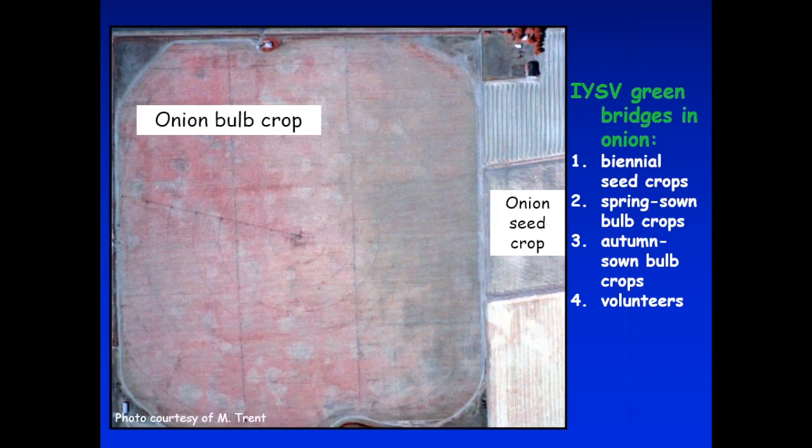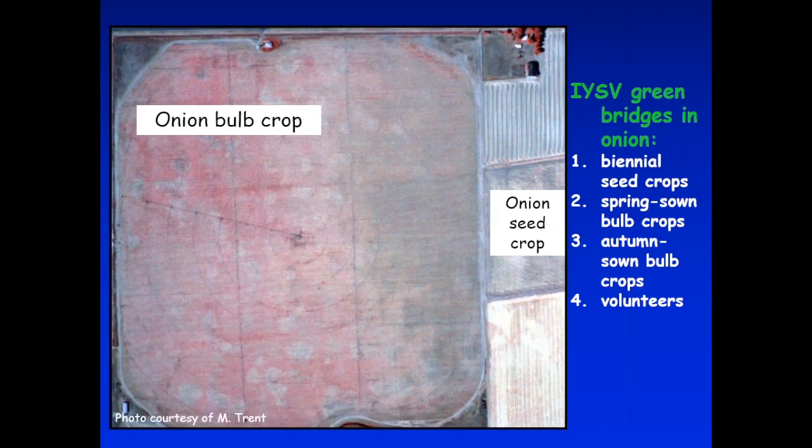Onion seed crops get harvested in late July, early August in Central Washington. It was drying down. The grower disked the field under because everything was falling over. It was 90% collapse of the seed stalks. Where did the thrips go? Right over to the bulb crop next door. And you can see that brown area right along adjacent to the onion seed crop. The thrips just carried the virus with them.